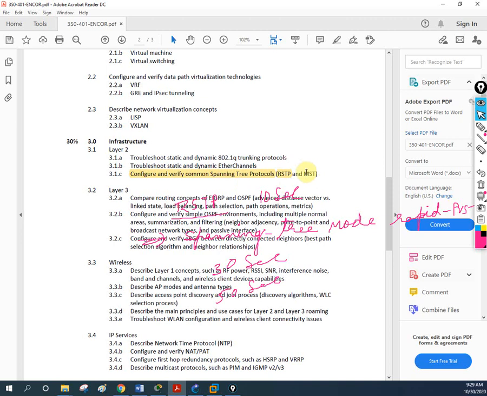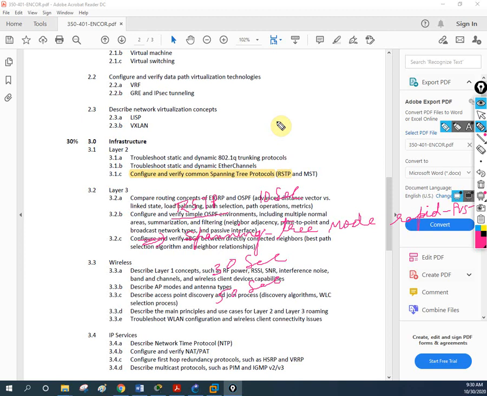And now we need to discuss MST, but before that I want to show you PortFast, because it is also important in real time whenever you are working for any organization, or going for an interview. Some organizations use PortFast also. The main difference is that PortFast goes very fast. It will not go through the learning and listening modes. It bypasses them and goes directly to forwarding mode.